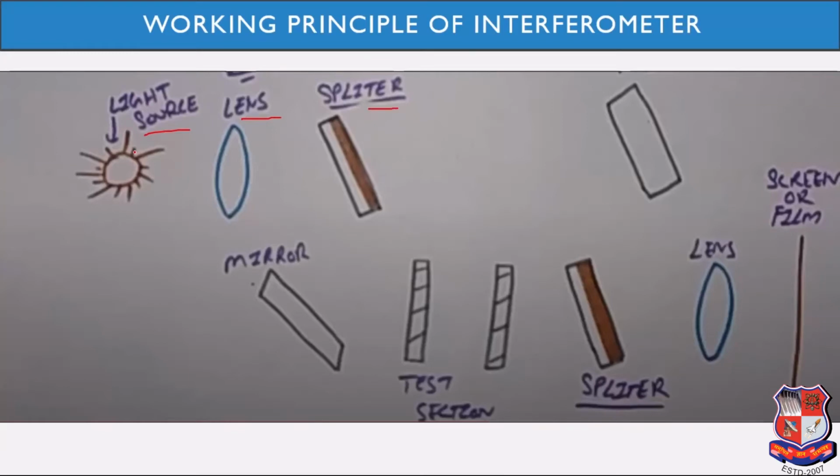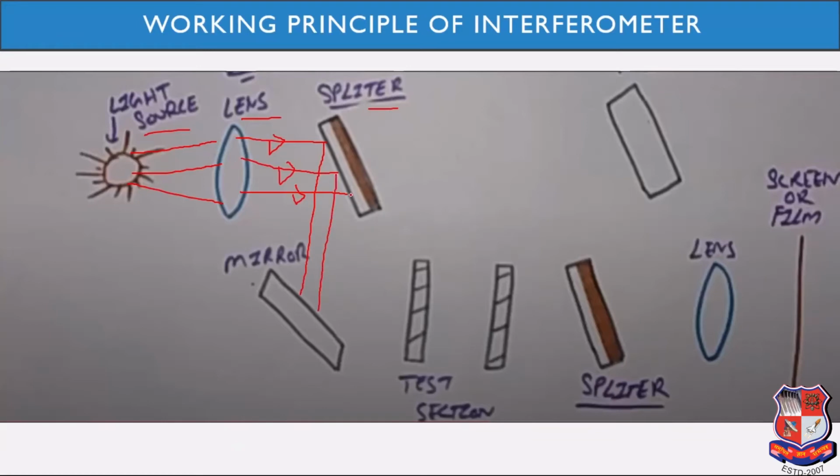First, we have the light source, which produces the light rays that reflect on a lens. This lens is a collimating lens, which collects whatever rays come from the source and converts them into parallel rays. Now the splitter has the function of splitting the light beam. Whatever the amount splitted, half of it can be reflected on a mirror,